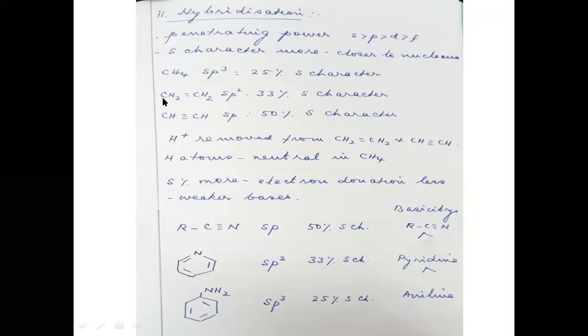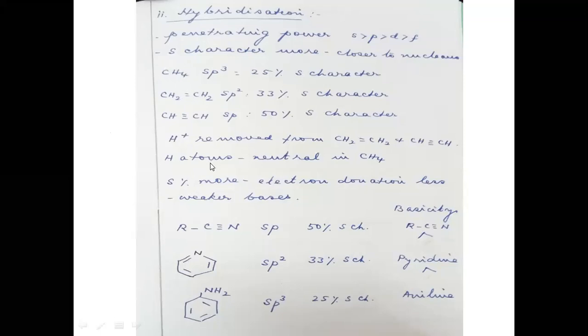But the carbon of ethylene and the carbon of acetylene have high power, that is, high electronegativity, to attract the shared pair of electrons. So H plus comes out of ethylene and acetylene, but not from methane. That is why it is stated that the hydrogens present in ethylene and acetylene are acidic hydrogens, whereas the hydrogen present in methane is a neutral hydrogen. So what is an acidic hydrogen? It can come out in the form of an H plus ion. In acetylene, H plus is easily removed. In ethylene, H plus can be removed, but H plus cannot be removed from methane.